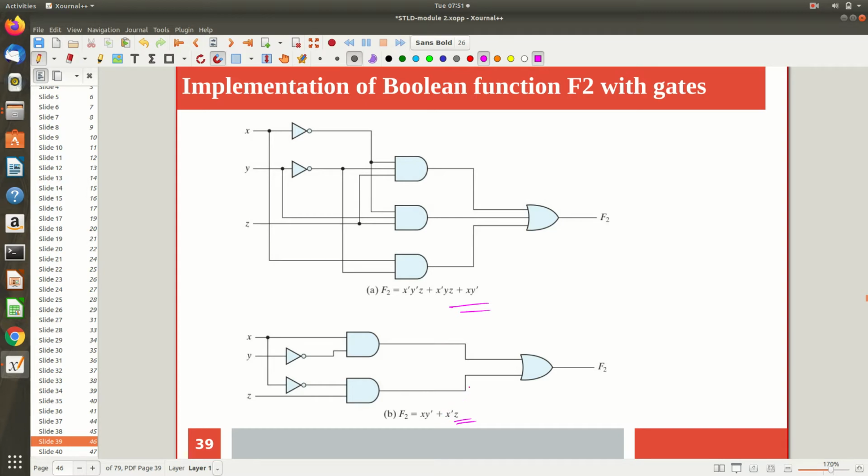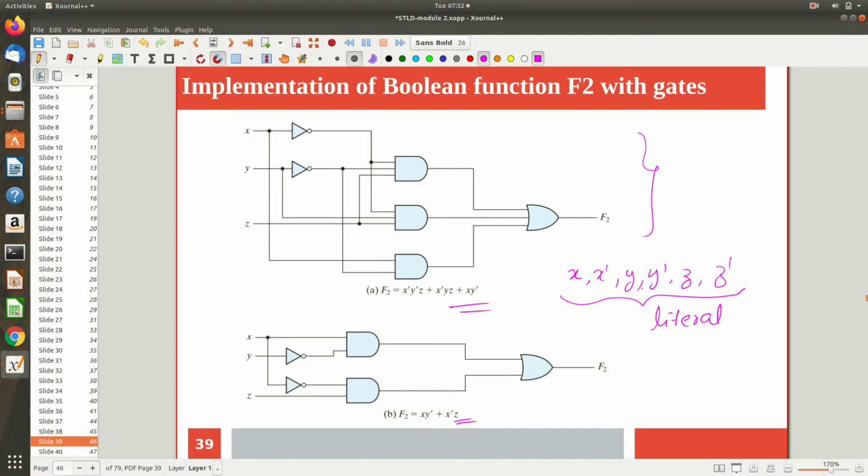Now once you get this transformed expression, what benefit do you have? See, for this one, as the expression is very big, the circuit is very complex. Now when I reduced the size of this expression, here the variable x is involved, then x dash is involved, y is involved, y dash is involved, z is involved, z dash is involved, and these things are what we call a literal. Literal means a variable, either in the pure form or in the complemented form. So that is what a literal is.